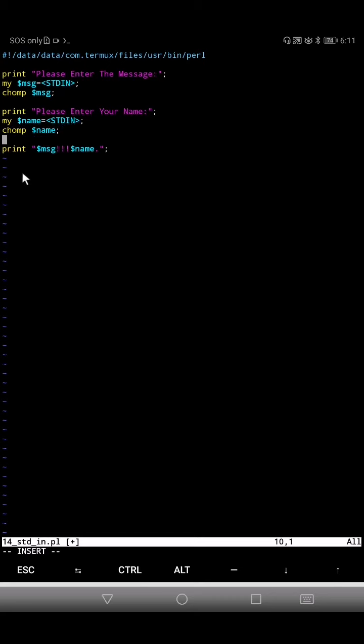Chomp is the command which will eat the newline character. By default, after reading the standard in response, it goes to the next line. That is the reason we are not getting the response on the same line.